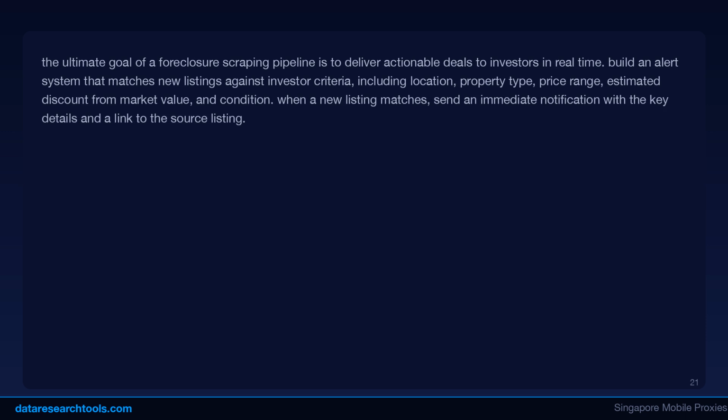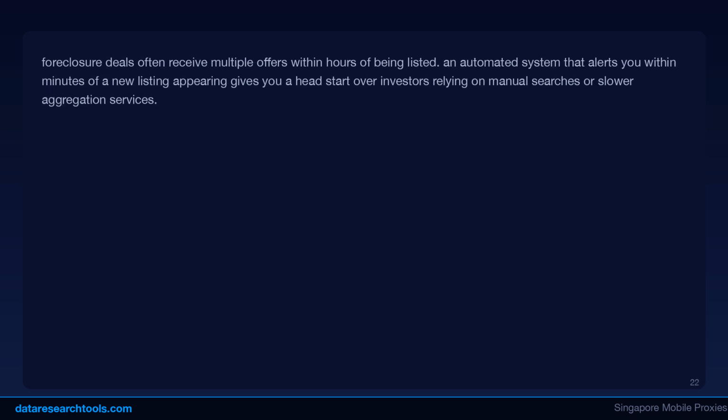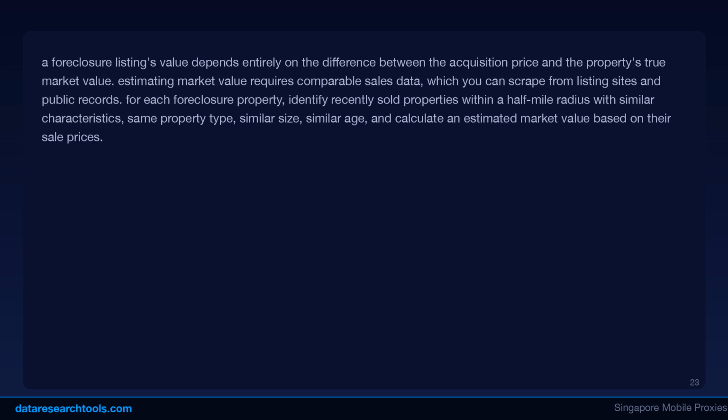Use a geocoding service to standardize addresses and assign geographic coordinates for spatial matching. The ultimate goal of a foreclosure scraping pipeline is to deliver actionable deals to investors in real time. Build an alert system that matches new listings against investor criteria, including location, property type, price range, estimated discount from market value, and condition. When a new listing matches, send an immediate notification with the key details and a link